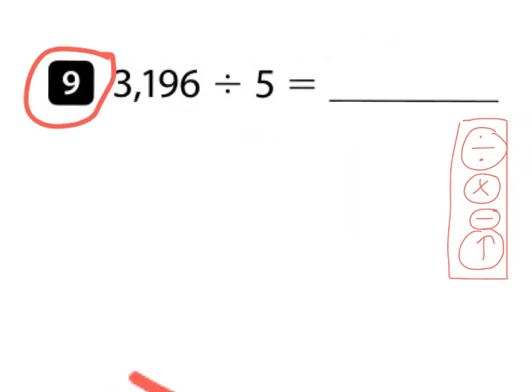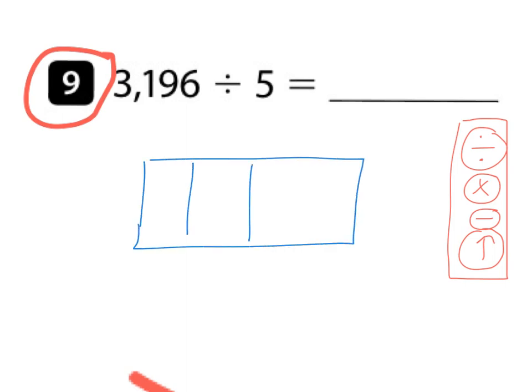1. Number 9, we have 4 numbers in our dividend, so we will have 4 boxes set up. Put our numbers in the top right, and our divisor is 5. Everybody say divide, multiply, subtract, bring up. So 5 goes into 3 0 times. 0 times 5 is 0. Subtract,